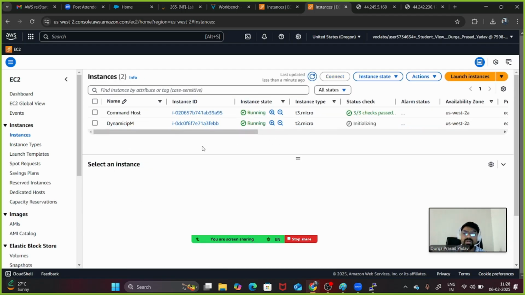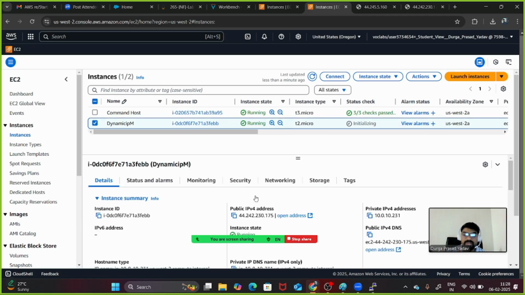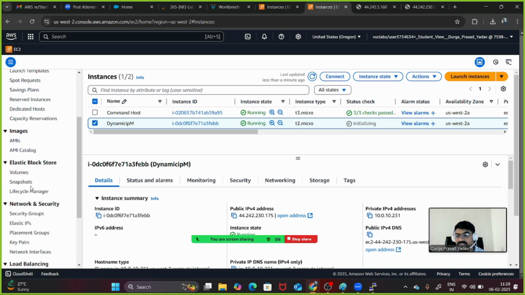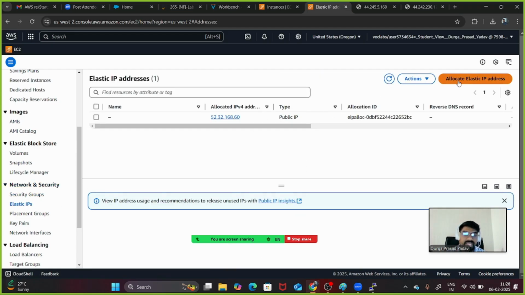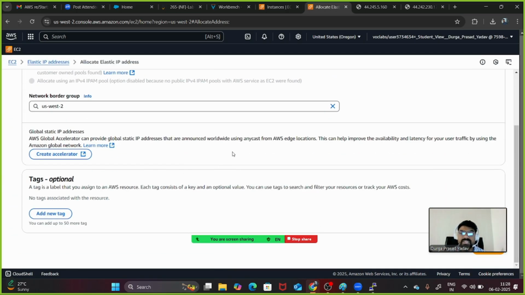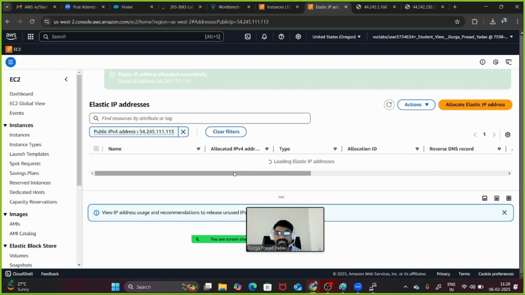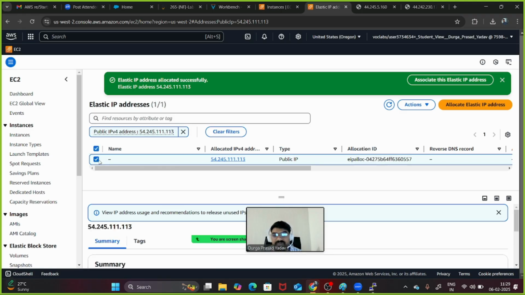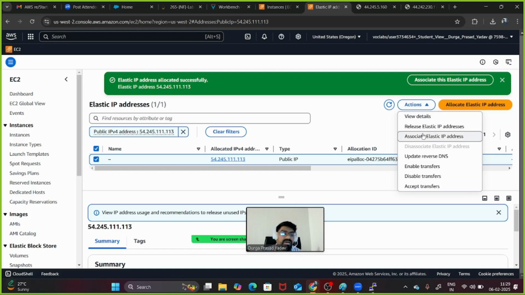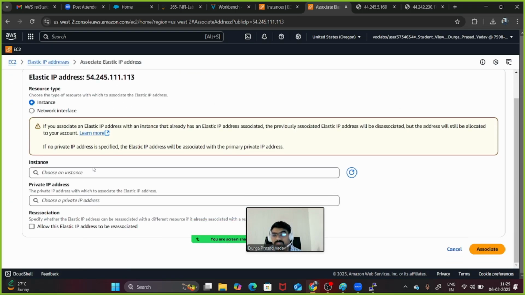For example, your new IP is 44.242.230.175. This is the new IP address which you got. Now if you go to Elastic IP addresses under Network and Security, and allocate one Elastic IP address here, just by clicking allocate, this is the IP address we got. Now if you associate this IP address to your machine,